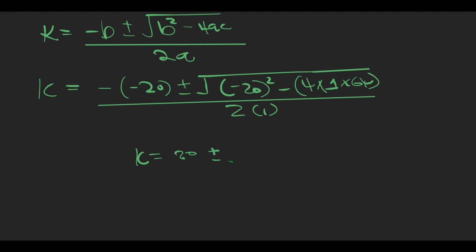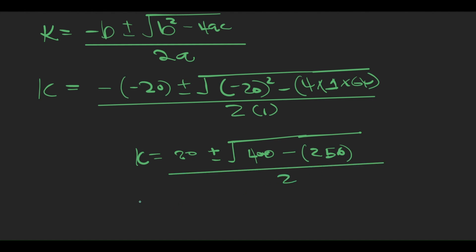This will be plus or minus the square root of negative 20 squared. Negative 20 times negative 20 will yield positive 400 because negative times negative becomes positive. Then minus 4 times 1 is 4. Then times 64, you'll get 256. Please cross check from your calculator. Everybody here all over 2. So k here is going to be equal to 20 plus or minus the square root of 400 minus 256,